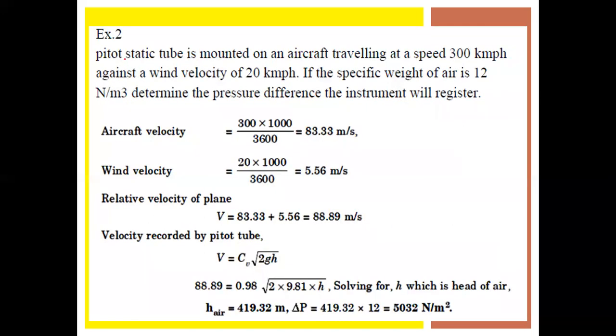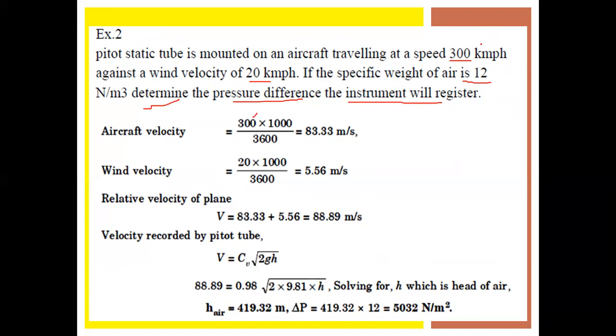Next, a Pitot static tube is mounted on an aircraft traveling at a speed of 300 kilometers per hour against a wind velocity of 20 kilometers per hour. If the specific weight of the air is 12 Newton per meter cube, determine the pressure difference the instrument will register. So write the given data. Now what is the aircraft velocity? Velocity is equal to